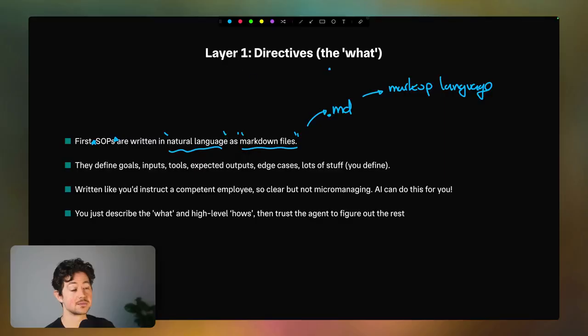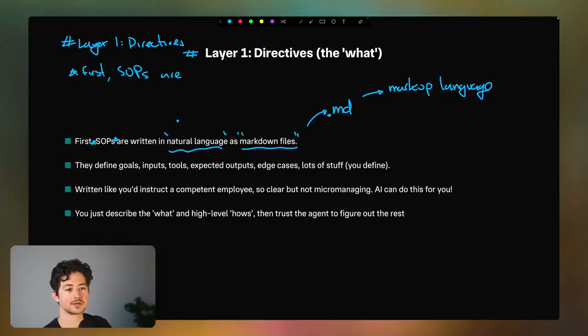So for instance, this on a page is actually markdown underneath it. I actually used AI to help me convert a big 17,000 word document into a slideshow. And so this was actually a heading. The way you use headings in Markdown is you use little number signs. So for instance, if I wanted to write this big heading, I actually would have written this: Layer 1, directives. Underneath that, you have bullet points. Bullet points in Markdown are little stars. So star, first,